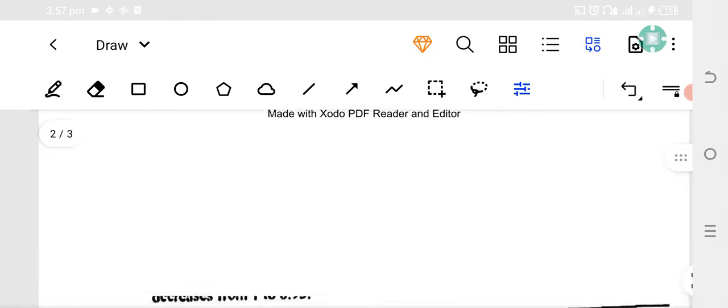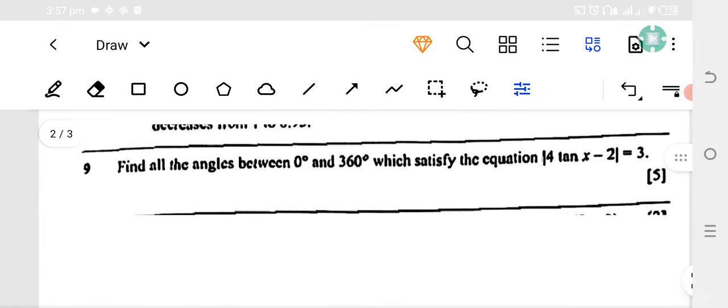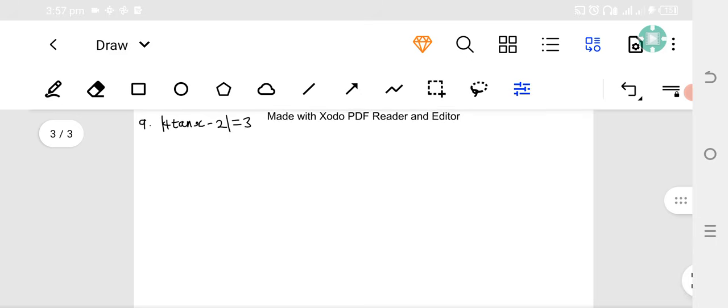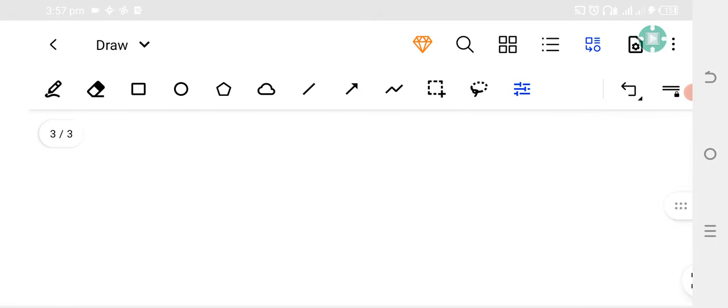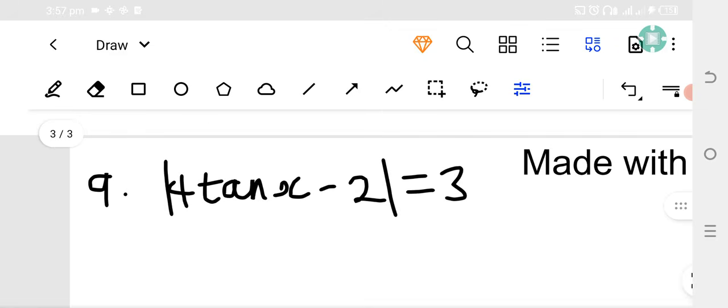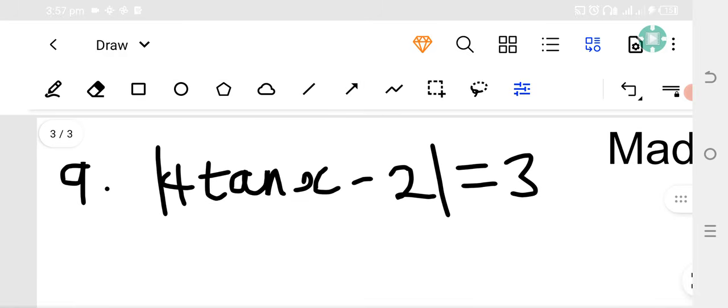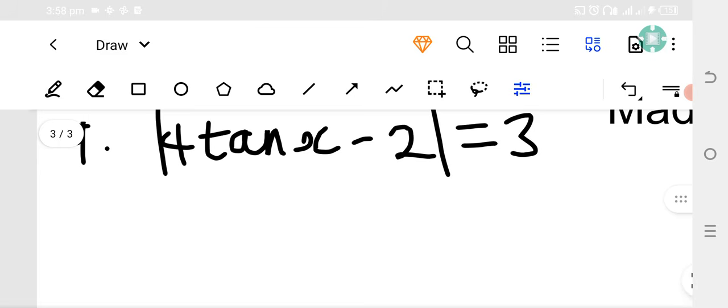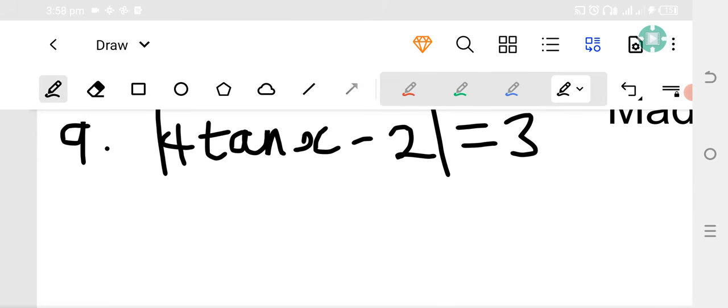So we just confirm, right? 4 tan x minus 2, modulus of that equal to 3. So how do we consider this? The first thing I need to do is we can just write this as